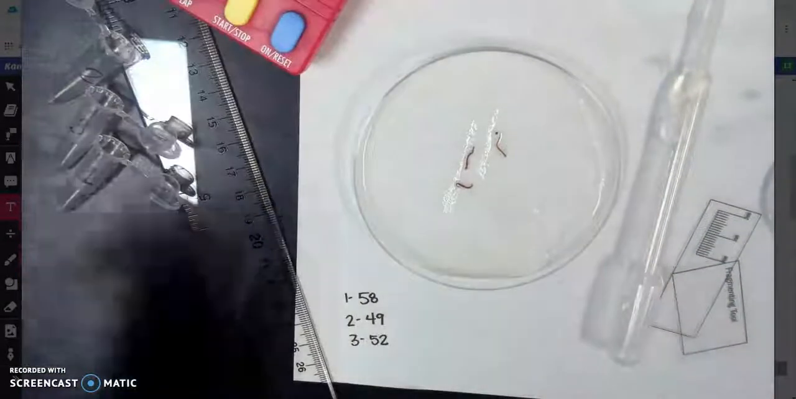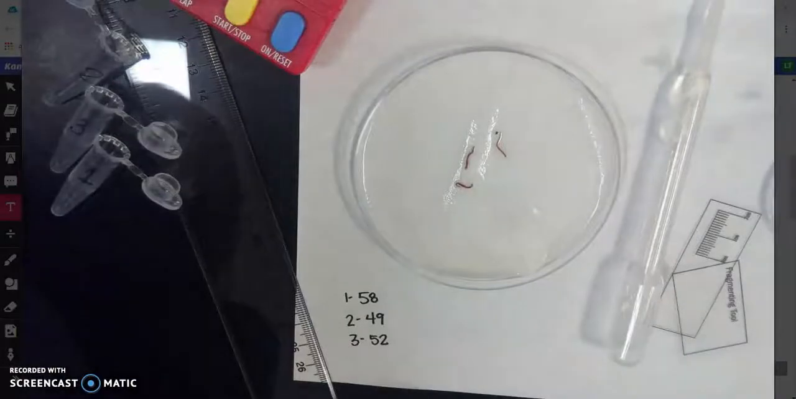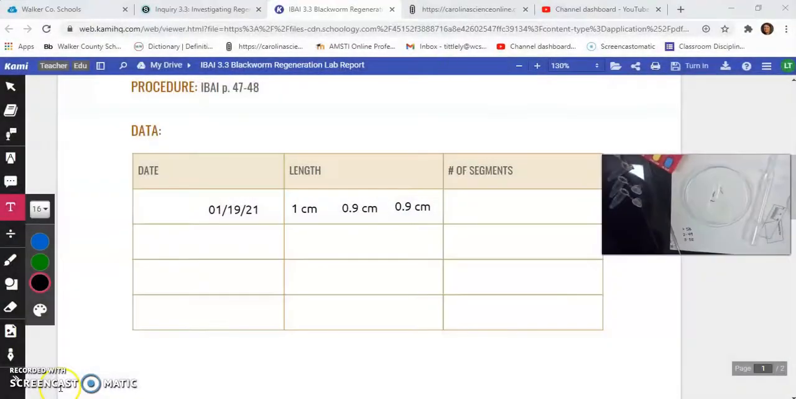Okay, so now let me come back over here where you can see I jotted down those measurements. Let's go back to our data table. Okay, for a number of segments,